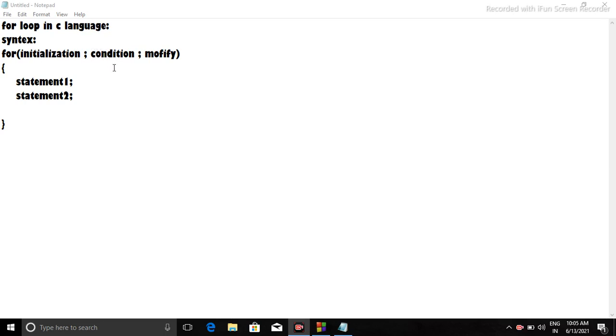Until the condition is true, our loop will execute, and when the condition gets false, the for loop will be terminated. After checking each condition, we will modify the variable which we are using.